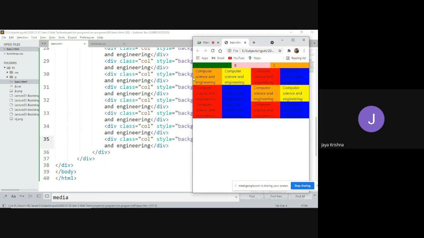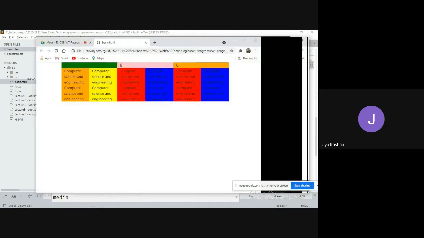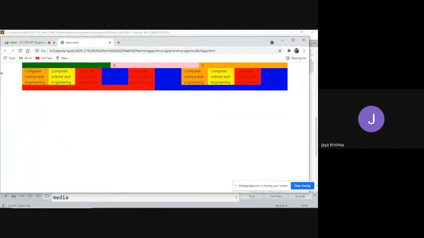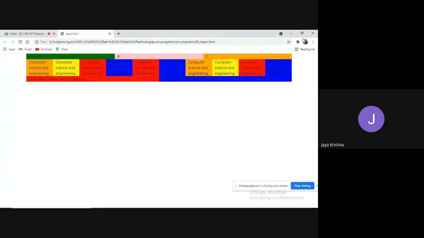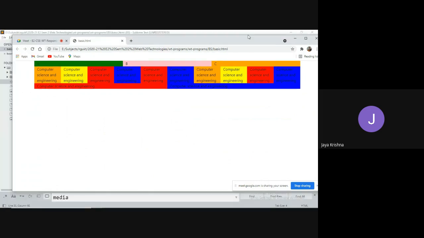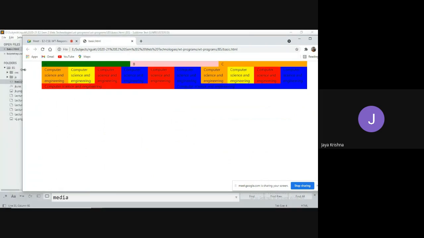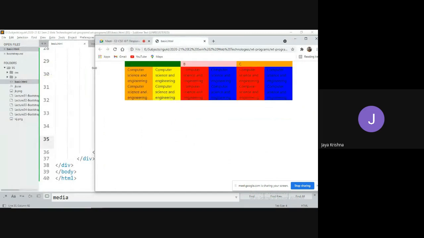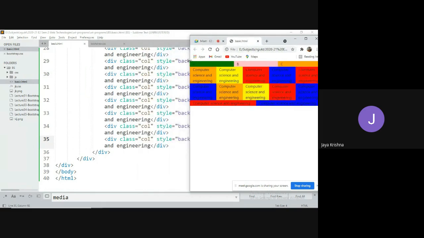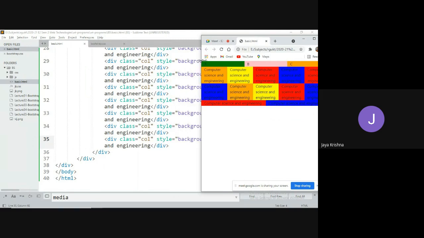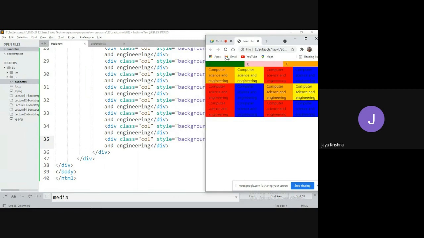What happened, guys? Observe. It is yielding some kind of confusion for you. I am maximizing this. Observe. Something had happened somewhere. If I minimize, collide. Yes, it has exactly. Now it is somewhat responsive, but it is not exactly accurate. But if I go for like this, the column size is increasing. Have you observed this?